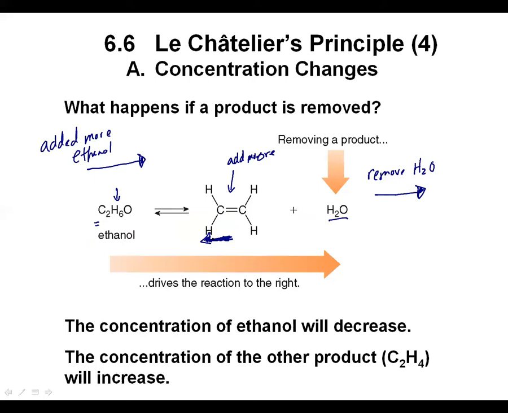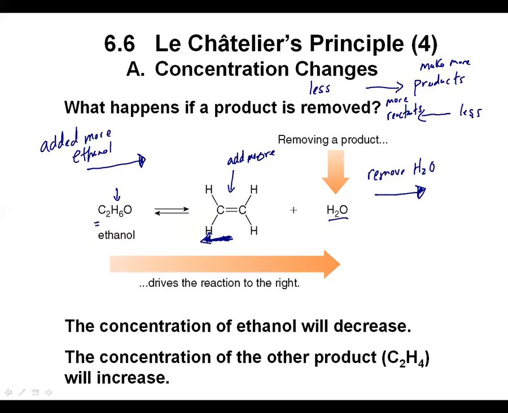So again, you can basically use the equation as sort of a visual reference for shifting to the left, shifting to the right. And obviously, if we shift to the right, we're going to make more products, and we would have less of these guys on the reactant side, and vice versa. If we shifted to the reactant side,